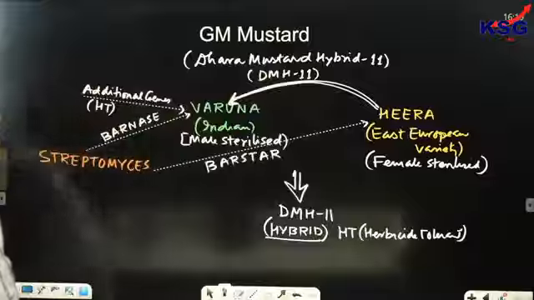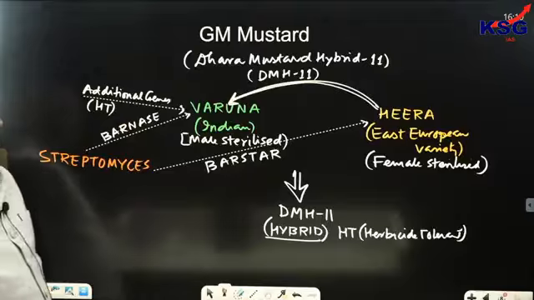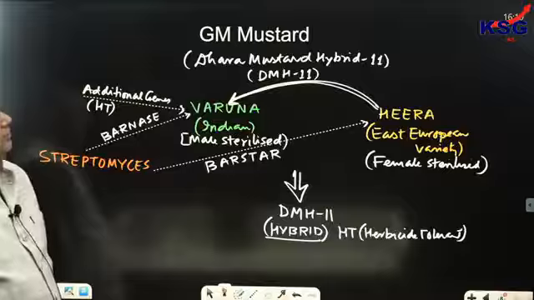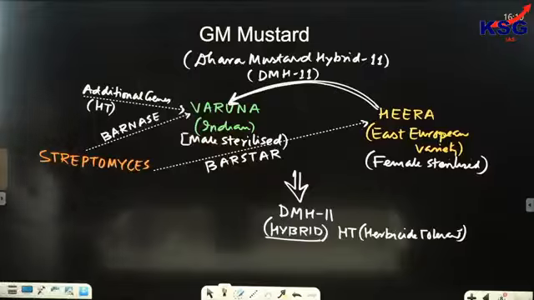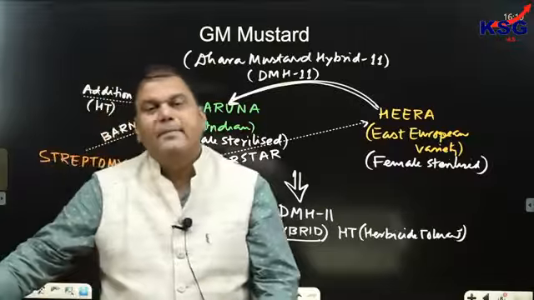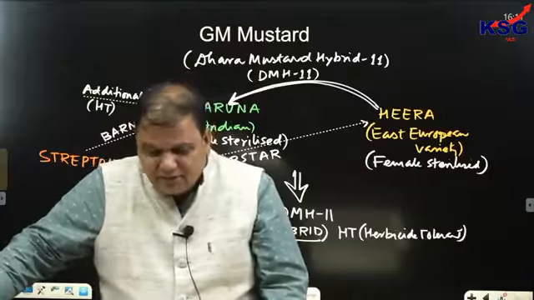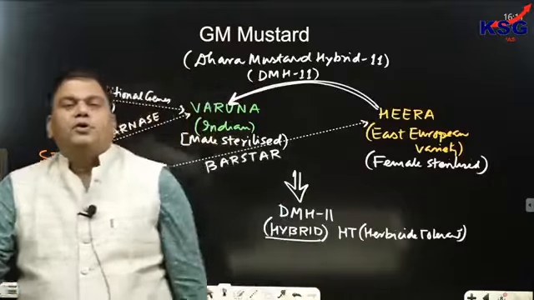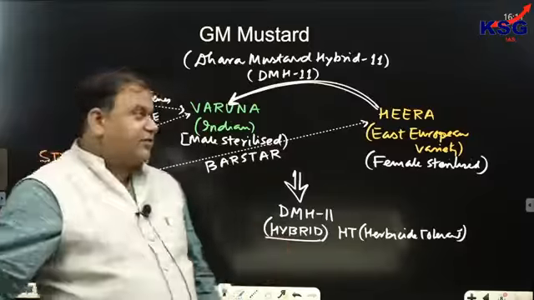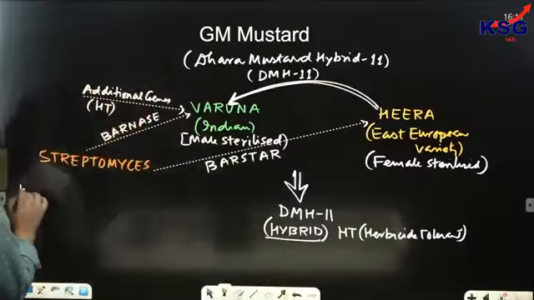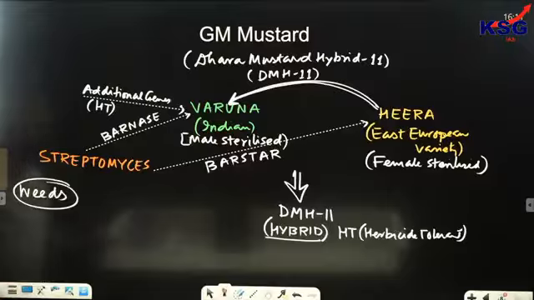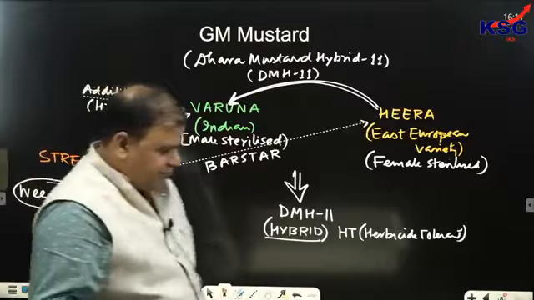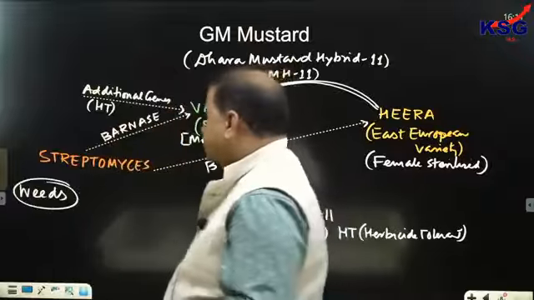Write down: GM mustard. It's called Dhara Mustard Hybrid 11. Take a screenshot of this also. In mustard cultivation, weeds grow. And to remove these weeds,